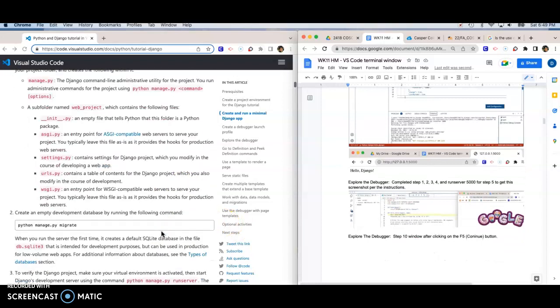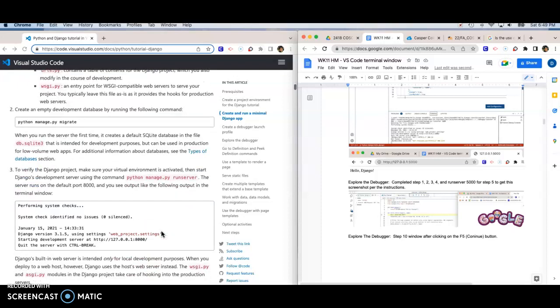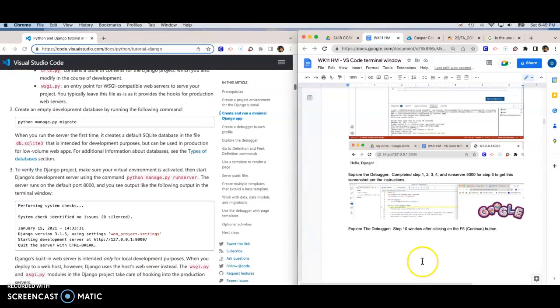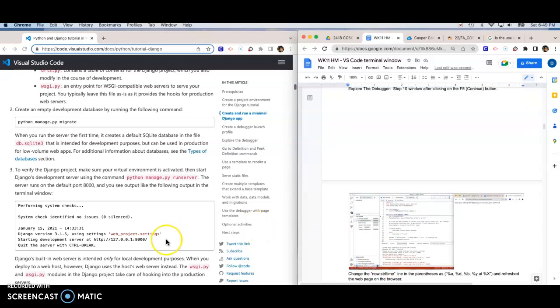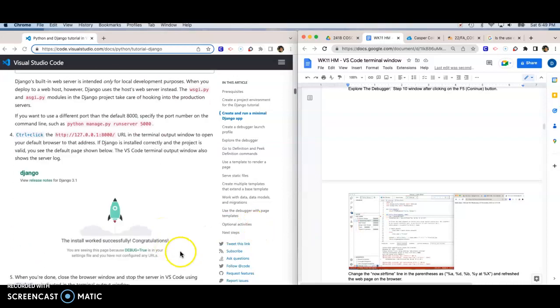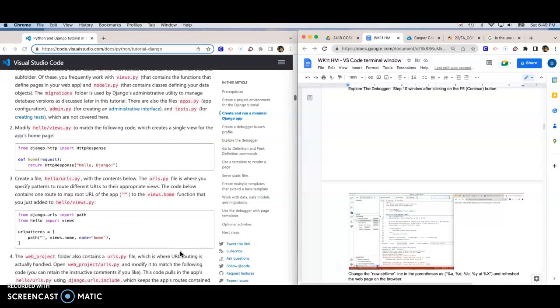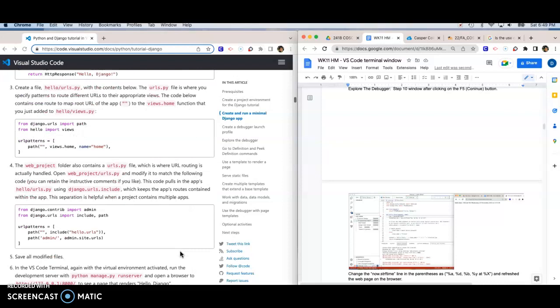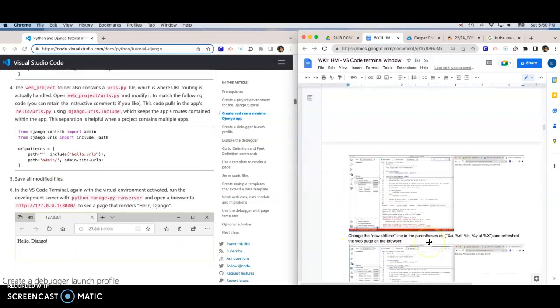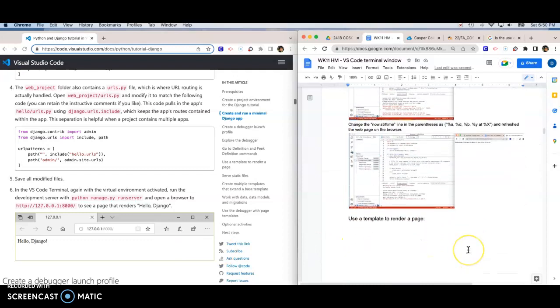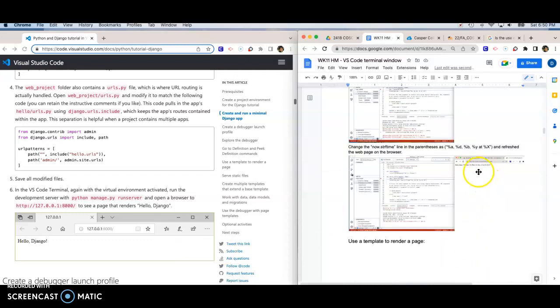I went through and explored the debugger, created the file for the debugger. Then I got to the part where I needed to change, and I need to catch up. I went through all of these steps, made the changes, and